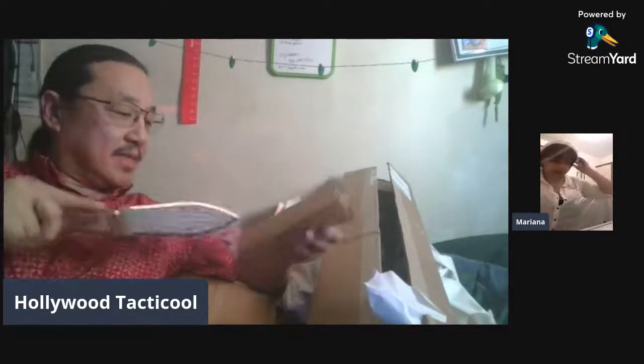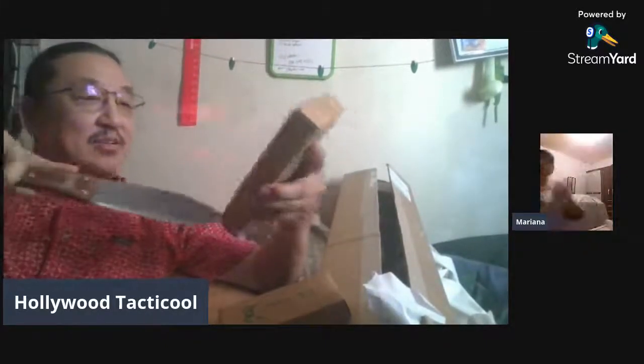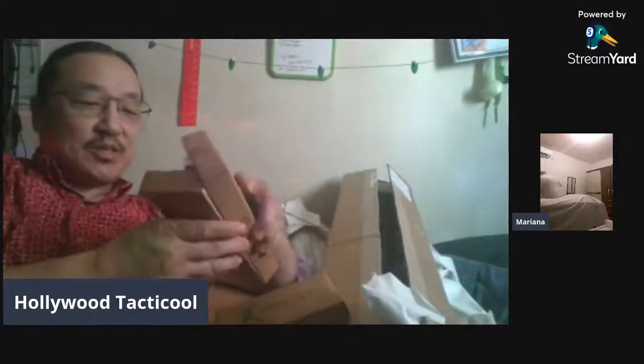I got these Elk Ridge. I had been eyeing these for a while. They're very, very inexpensive. Again, they were on sale. I'm getting to the point where I recognize enough stuff eventually goes on sale. I just wait for it to reach that sale and then spring into action. So these are